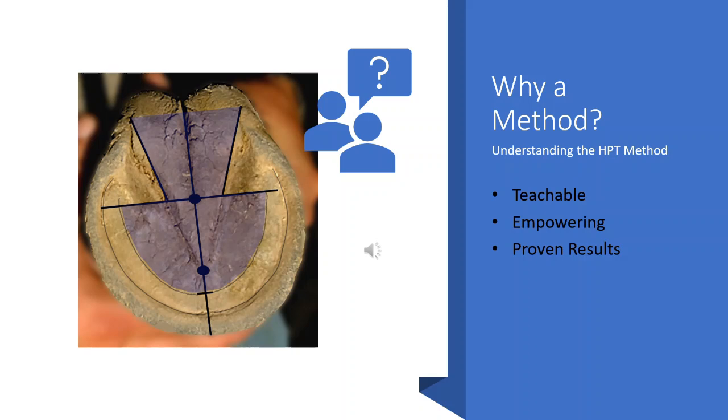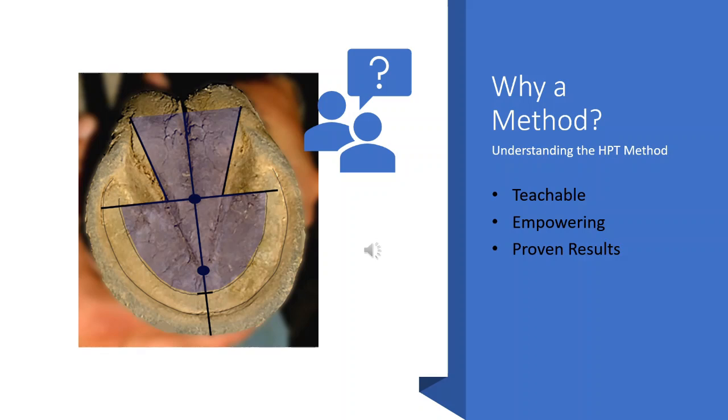Absolutely not. The hoof is a conglomeration of structures that work in concert with one another, as detailed by the suspension theory of hoof dynamics. The HPT method addresses these individual structures in turn, working to achieve balance of the structure to its foundation. The HPT method could not have been developed without first creating the suspension theory of hoof dynamics, and subsequently the